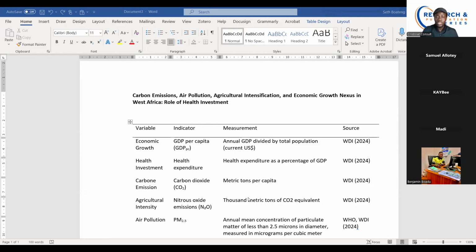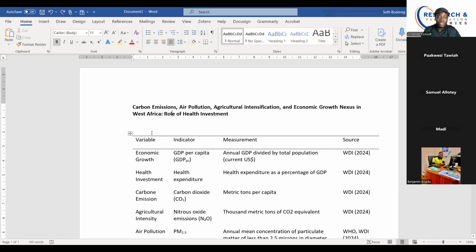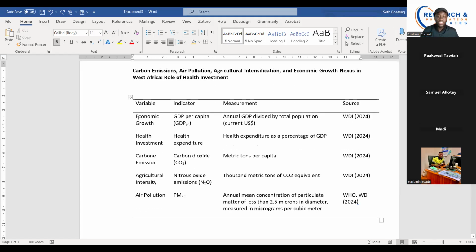So those who have their concepts like this, we have carbon emission, air pollution, agricultural intensification, and economic growth nexus in West Africa, the role of health investment. So from the topic, realize that we are looking at the role, which can be a moderating role or a mediating role. But in this study, we are doing a moderating role. So it's the role of health investment.